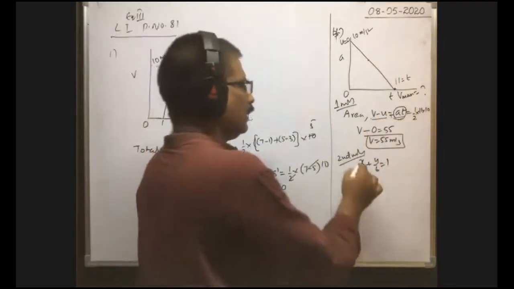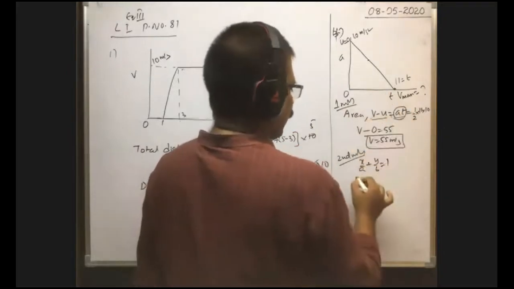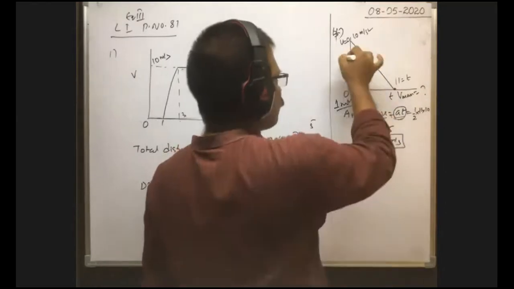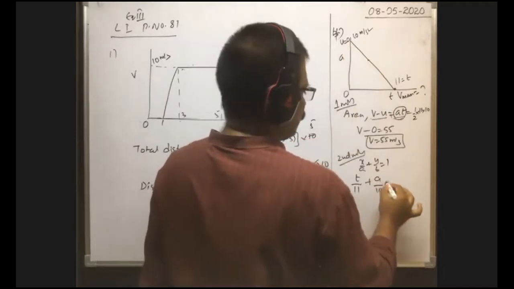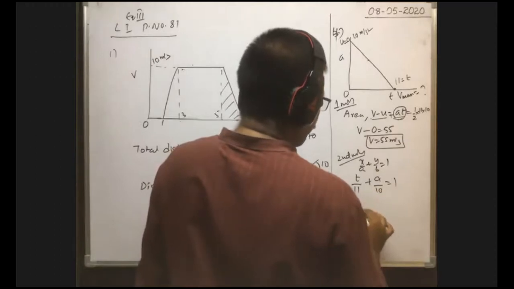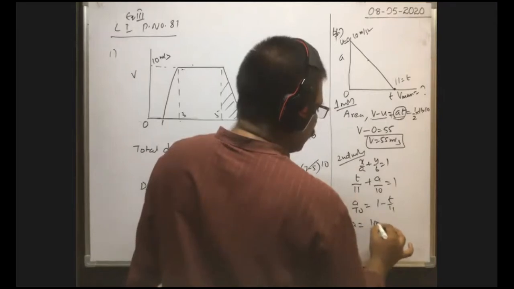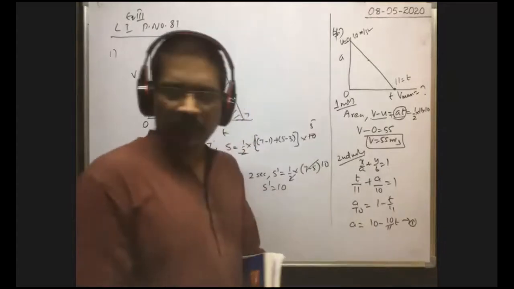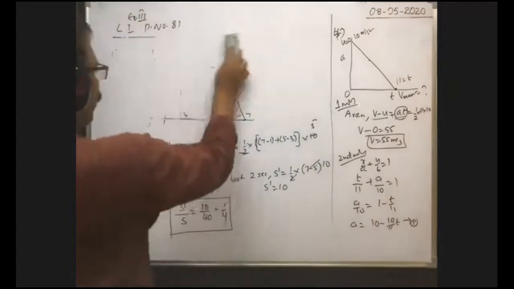Okay. Now here this straight line equation is like this. Along the x-axis we have taken time, with x intercept 11, plus along the y-axis we have taken a, with y intercept 10: t by 11 plus a by 10 is equal to 1. Now a by 10 is equal to 1 minus t by 11, or a is equal to 10 minus 10 by 11 into t. This is the equation. Here we got the acceleration-time relation.